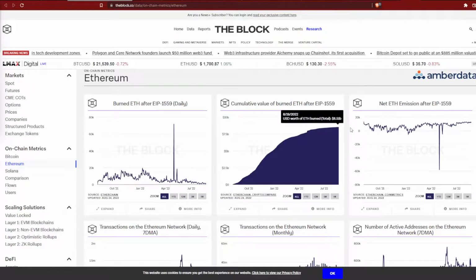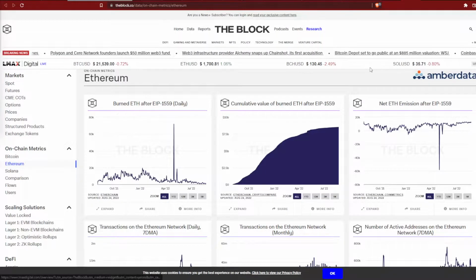After the merge, there will be no more miners, and the way transactions will be confirmed will be through staking and through the nodes. It's a little bit complicated, so to keep it dumb, I'm just going to explain that they're moving away from that intensive mathematical equation model to more of a peer-reviewed model. After that, there will be no more selling pressure from the miners because they won't have to cover electricity and they won't have to cover new machines anymore.